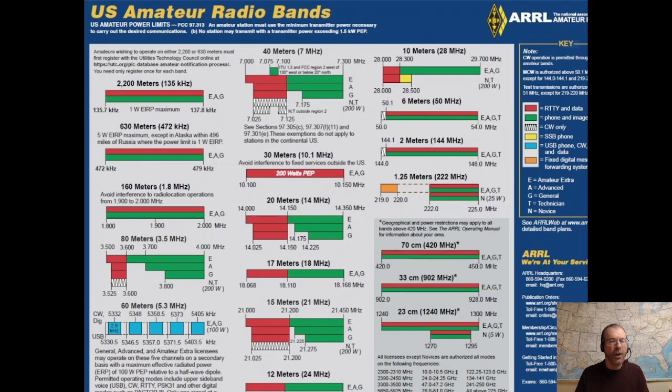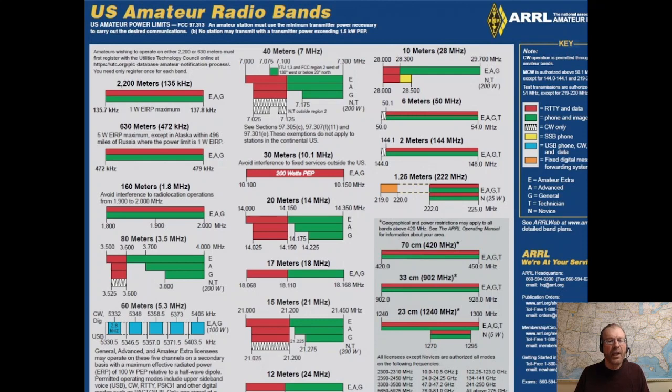I urge you to take a look at this plan and start with the key on the upper right hand side. See where it's blue? On the upper right it says key, and that says what frequency or what modes of operation are allowed in certain parts of the bands. The bands are all on the left hand side there and in the center. Some are shown in red, some are shown in red and green, and those represent different types of modes of operation, as you can see in that key on the right hand side, with the red being RTTY and data,